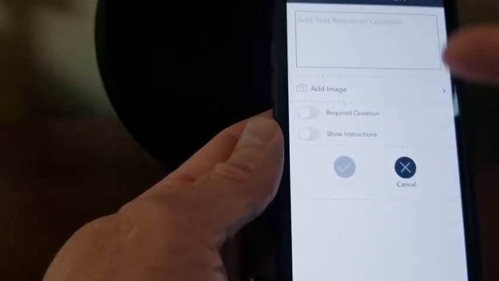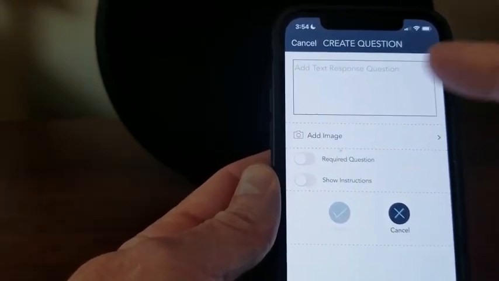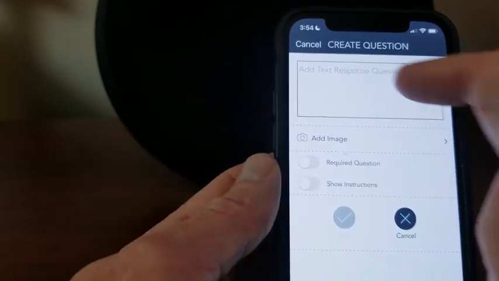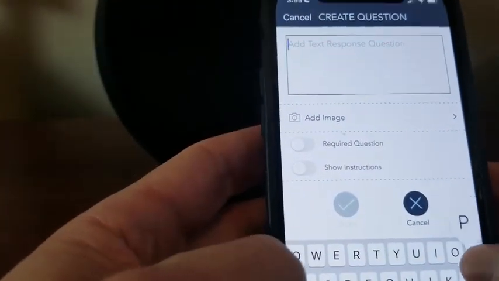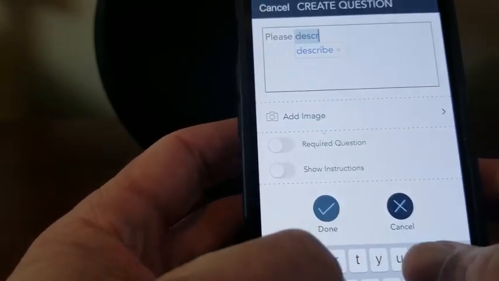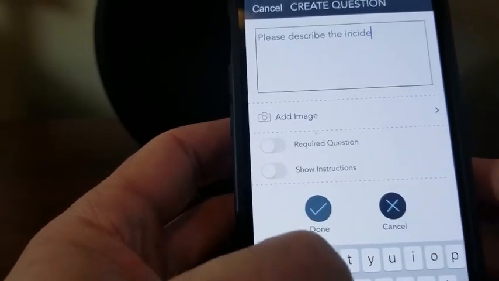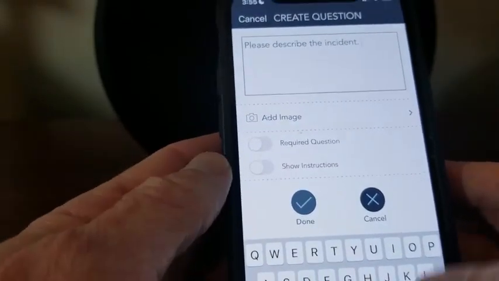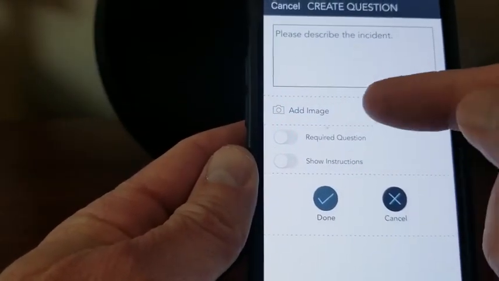And I'm taken to the text response creation screen. Once again, always work from the top to the bottom. Let's add a text response question. Okay, so please describe the incident. All right. Most of the options for the combination form answer types include the ability to add an image,